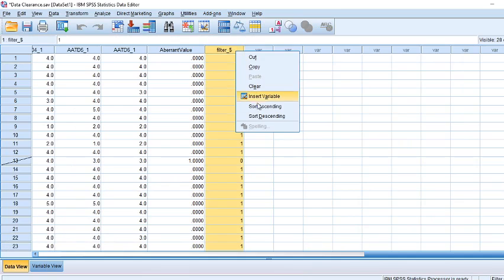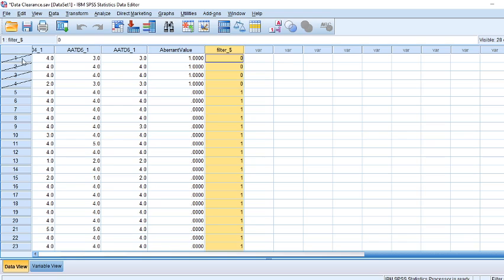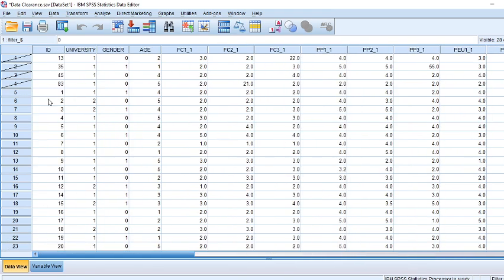that you will press ascending. Ascending means all these aberrant value figures will come in the first cases. And while reporting, you need to report which were the aberrant values, by ID number. I have already told you what this ID is. ID means questionnaire number 1, respondent number 1, questionnaire 2, 3, 4. So questionnaires 13, 35, 45 and 85, these aberrant values have been found. And now you can see this is 21, 22, 55, 44. These are the aberrant values.